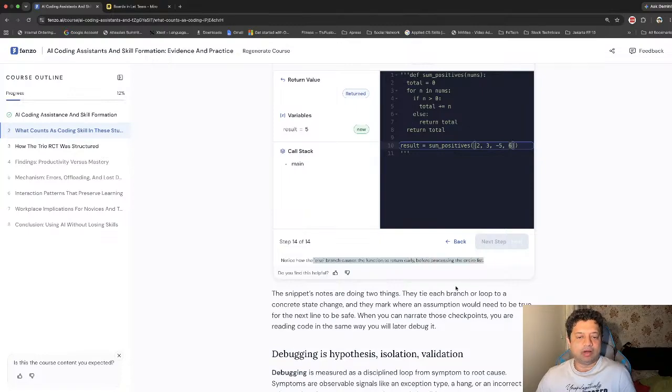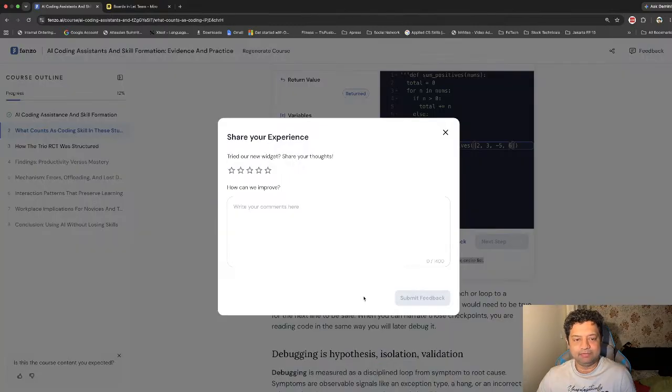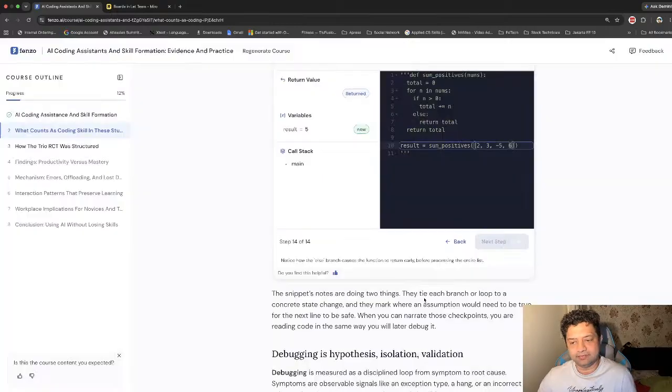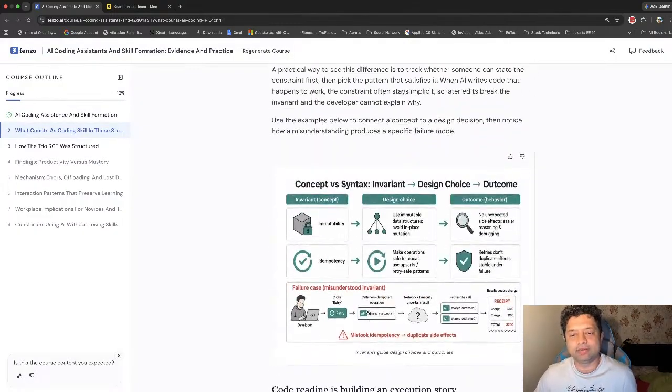So this is a problem. So yeah, this is helpful. This is good. I'll give a good rating for this particular one. And this is also a good diagram because